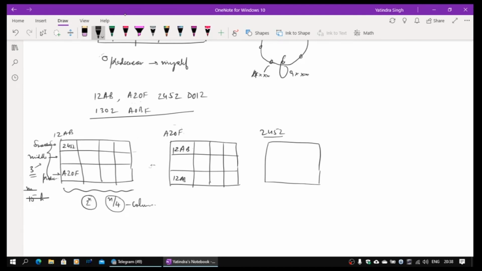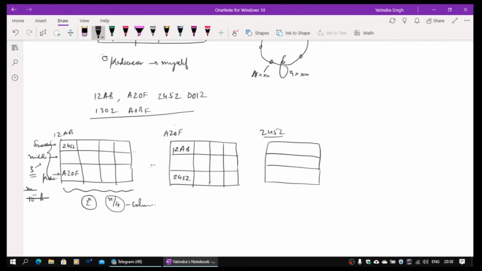After 2A comes, this entry will now be removed, this entry will be purged. So let me remove it. So I will make it 2452.